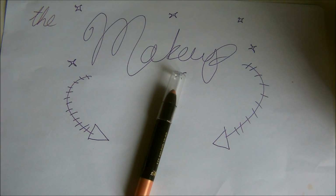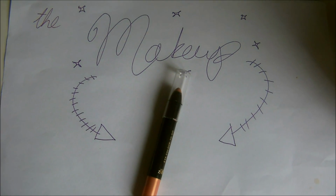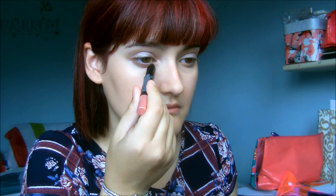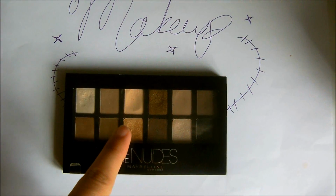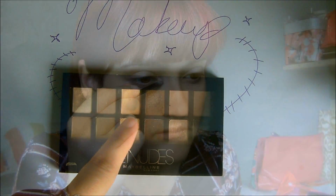Now I'm taking an H&M eye pencil, and this is in a beautiful rose gold colour, and I'm applying this along the inner corners of my eyes so that the shadow we put there will have something to stick to. And speaking of shadow, it's going to be this beautiful metallic sparkling gold colour from the Nudes palette,